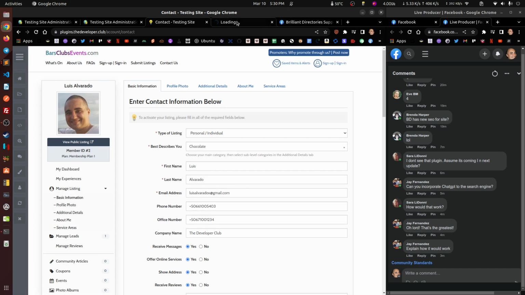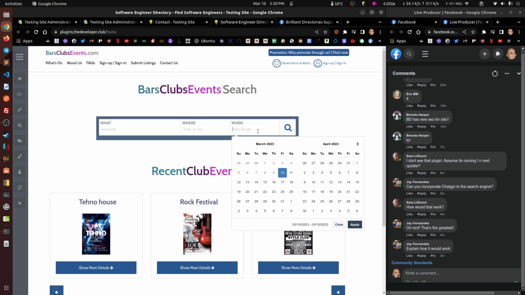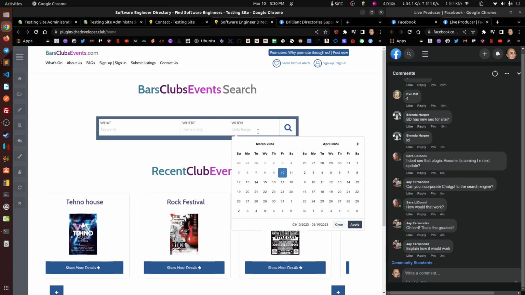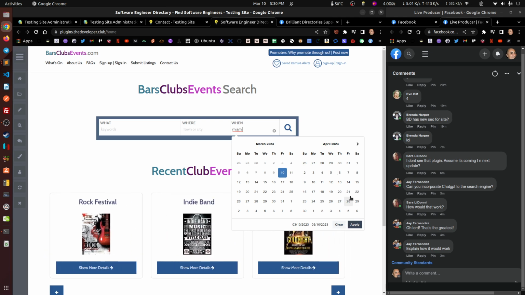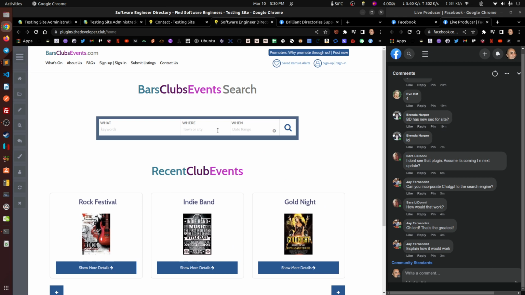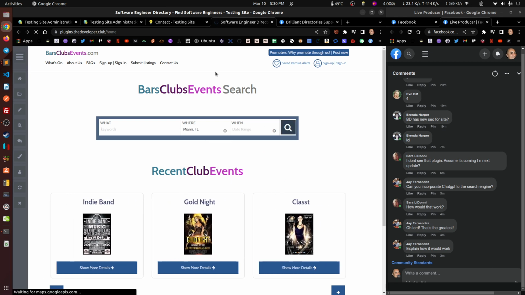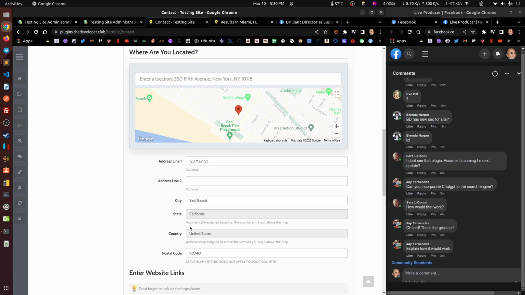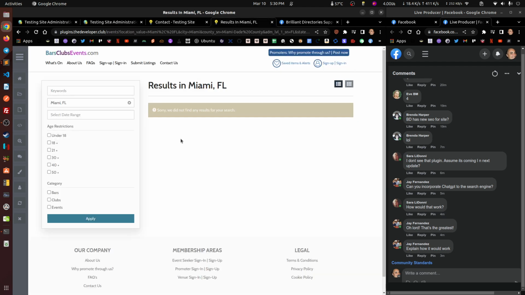This was a testing site. That's why you see bars and clubs there. But let's do Miami. Let me just remove that. Sorry, it's here. Miami. And I'm pretty sure I'm not in Miami. Yep, I mean really far away from Miami. Okay, there's no results. But if we had an option here to show online members,